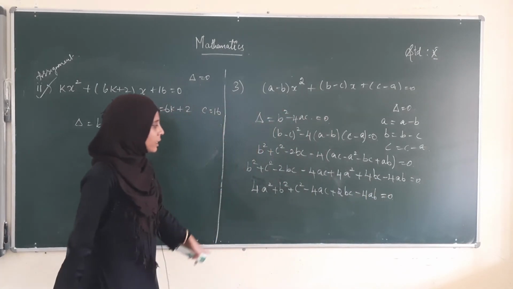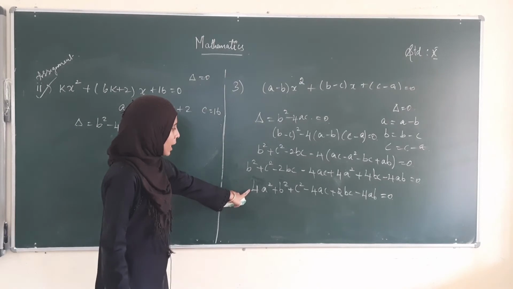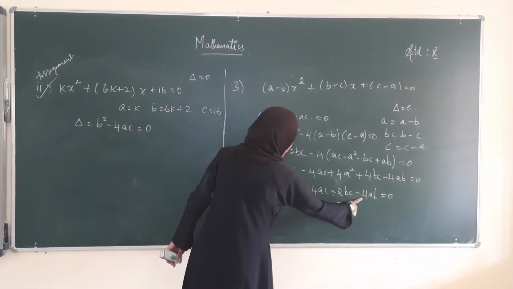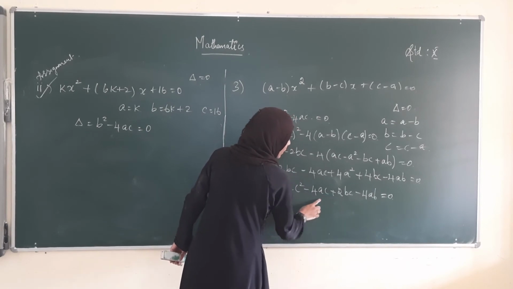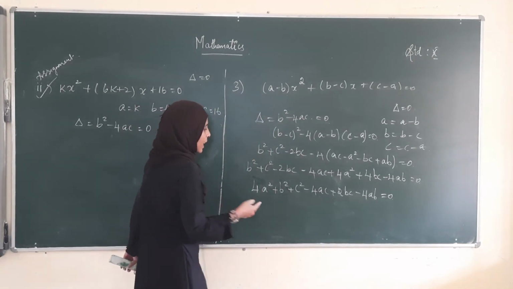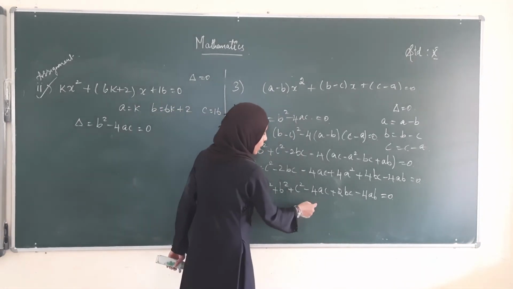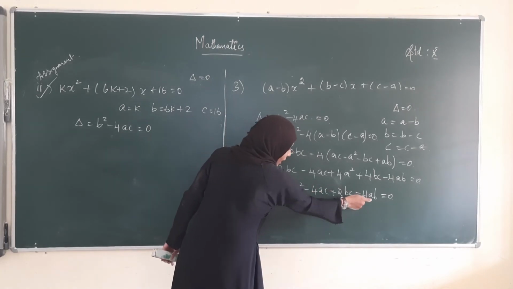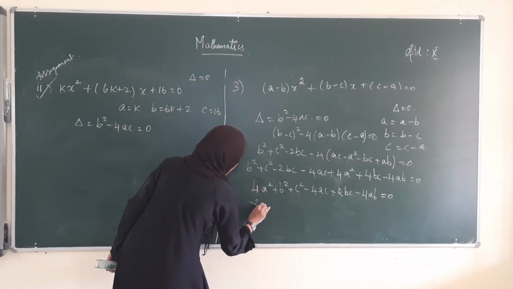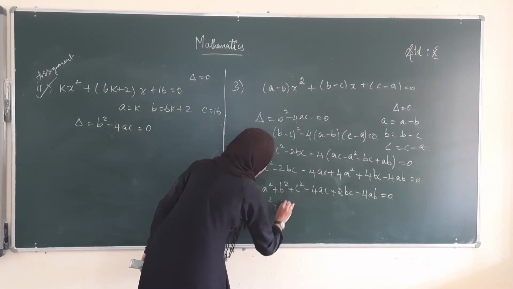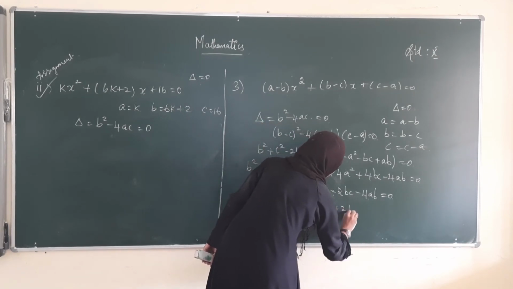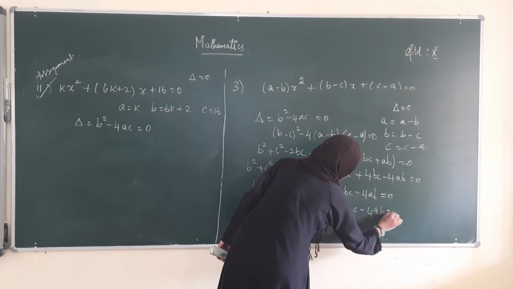This is in some formula format, (A plus B plus C) the whole square, but here we have minus in these two terms alone. What's the common term here? A is common. Therefore the A term has minus, and again it should be minus 2AC alone. But since here it is 4, the A term should be minus 2A, the whole square. This can be written as (minus 2A) square plus B square plus C square, minus 4AC plus 2BC minus 4AB is equal to 0.